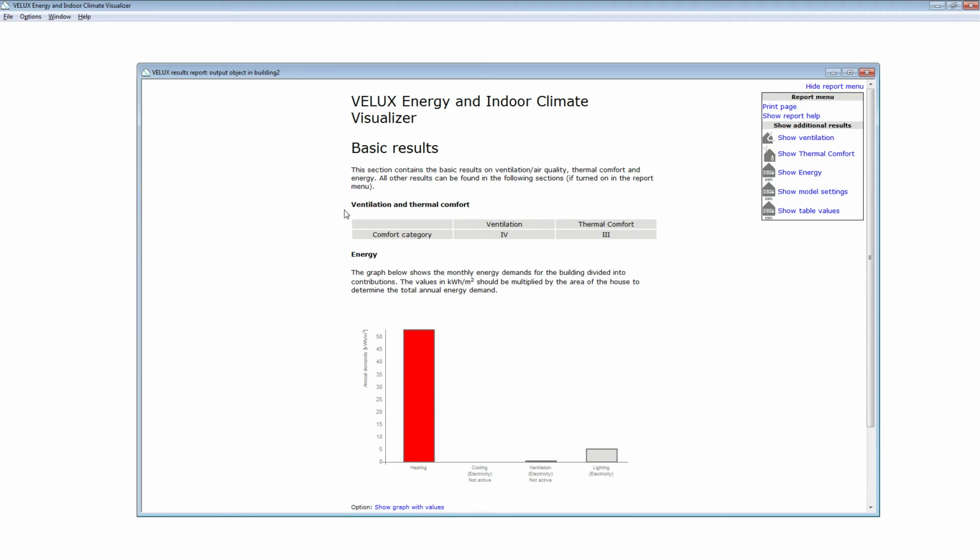The basic result is the ventilation thermal comfort. You have these ventilation categories, the thermal comfort category, that this apartment actually lives up to. And this is not particularly good. In fact, it's rather horrible, and I can show you why that is later on. But the thing is that, of course, we have one window in a completely dark room, and we probably have too many people sitting in there without actually having any fresh air.